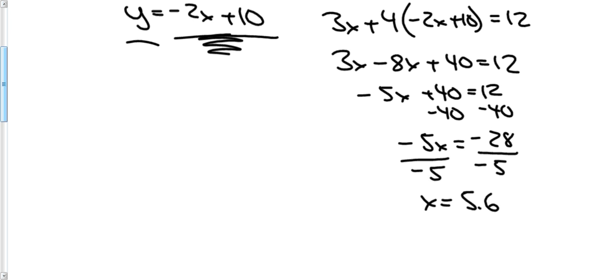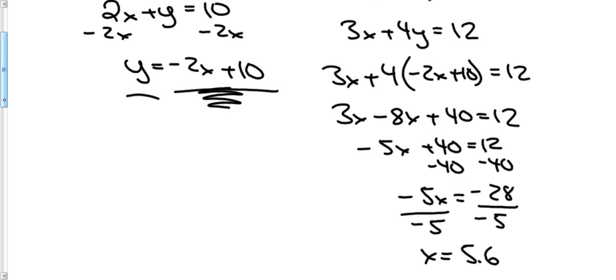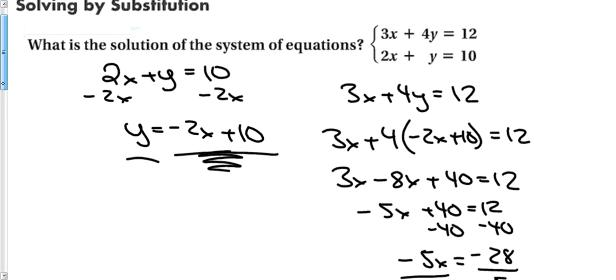Okay. Now that we have x, my system is half complete. Remember what the point of this is. The point of solving a system is to find the point where these two lines intersect. So in order to do that, I not only need an x coordinate, but I also need a y coordinate. Well, I have a couple choices. Since I know x, I could put it there,